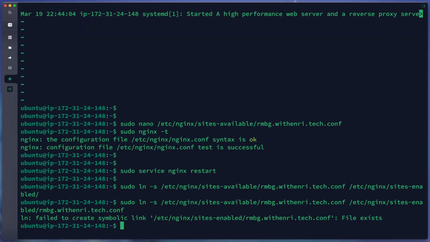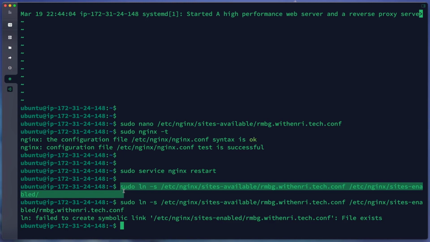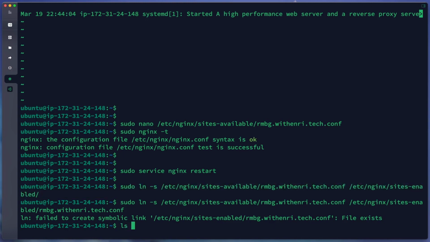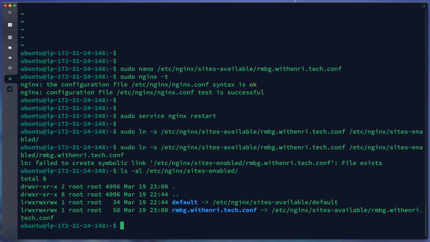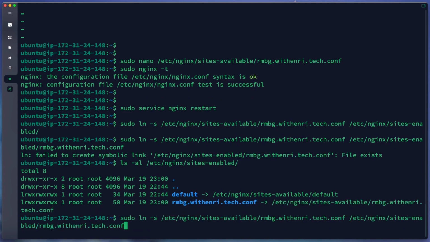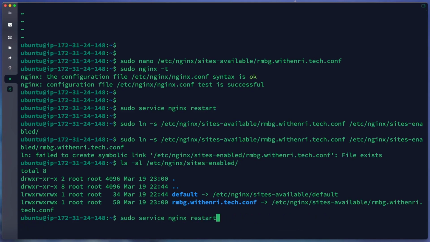Oh, file access. It means with this command it's okay. We try ls first on /etc/nginx/sites-enabled. Okay, this one. And we restart our Nginx server again.